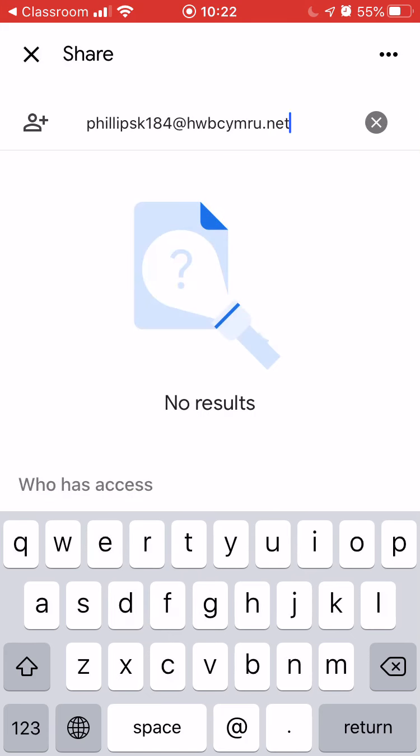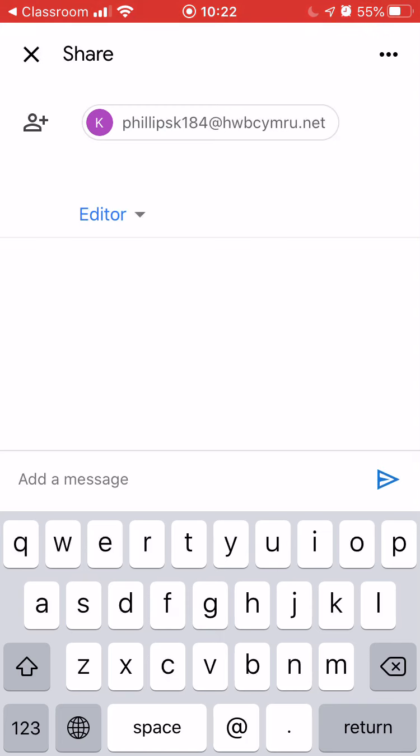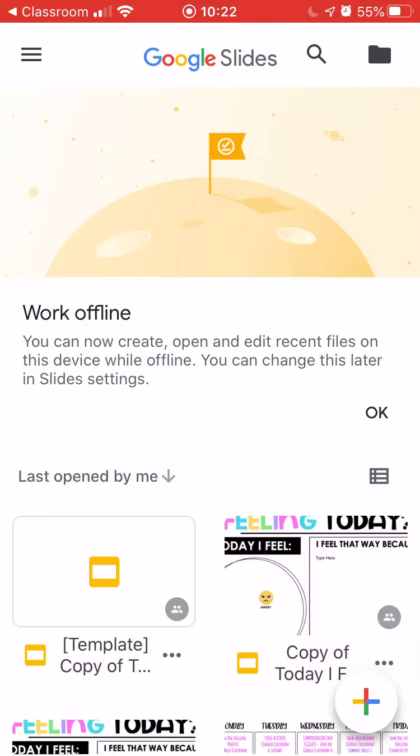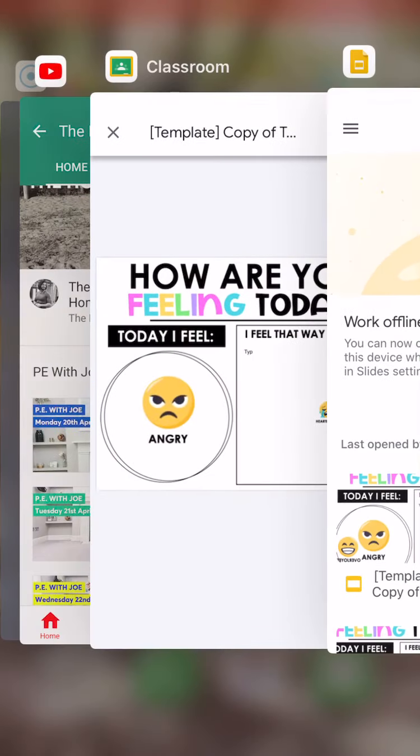So there's my address. Click return. You can see I'm there. And then that button, middle of the screen, the kind of arrow, the paper plane. If you click on that, it'll share it straight to me. If I go then back to Classroom again,